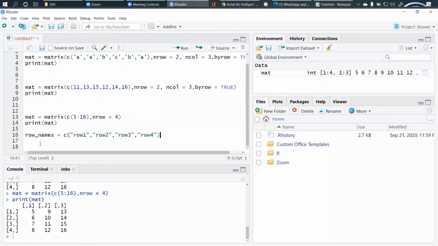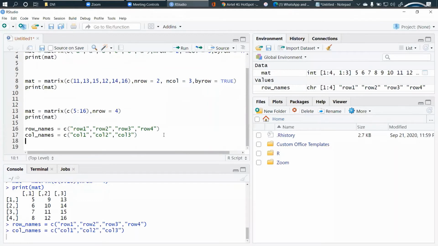This is the fourth one. Then we'll go for column names. Load this into memory. Column names also loaded.